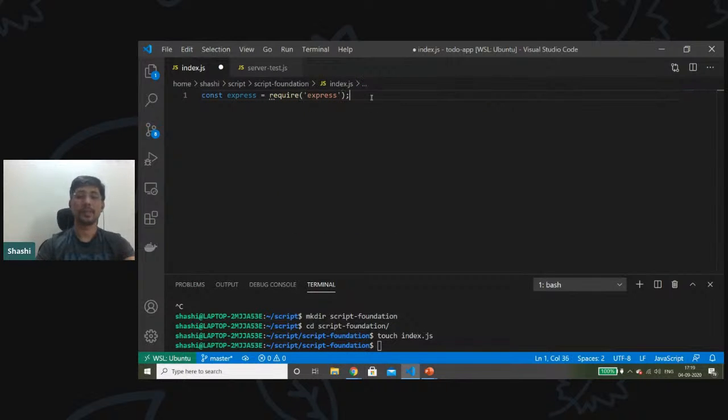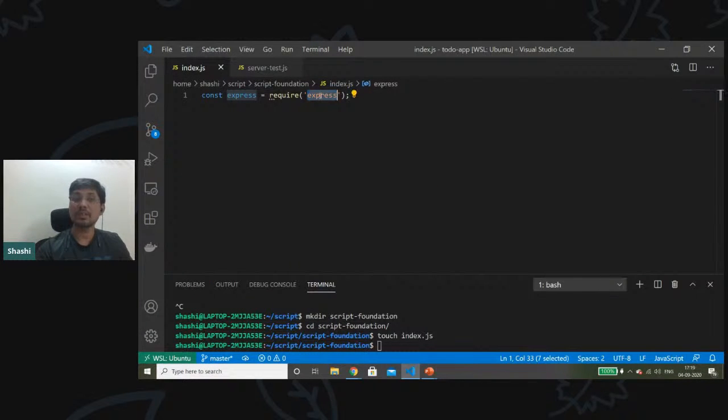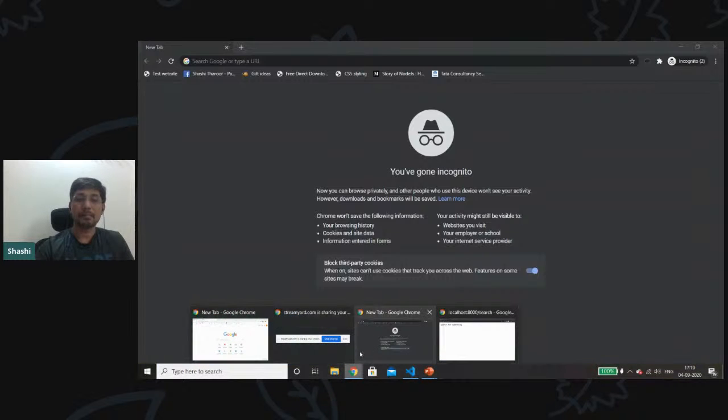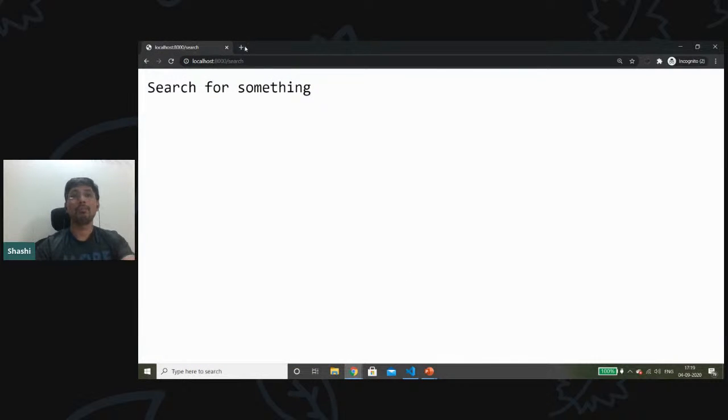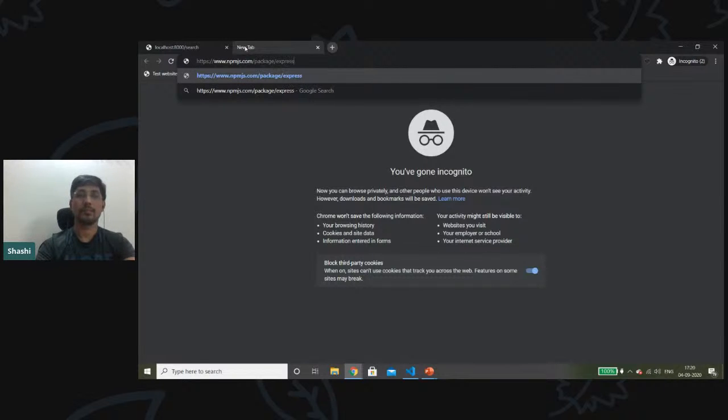Now, here's the deal. HTTP is an internal module. HTTP is a module that is present inside Node.js itself. Express is not. Express is an external module. You must download it from npm, right? Now, npm, what I was talking about is this: